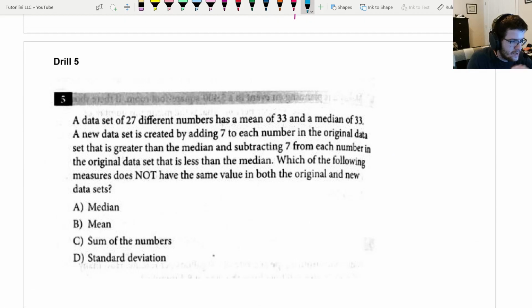A new data set is created by adding 7 to each number in the original data set that is greater than the median and subtracting 7 from each number in the original data set that is less than the median. Which of the following measures does not have the same value in both the original and the new data sets? Okay, so